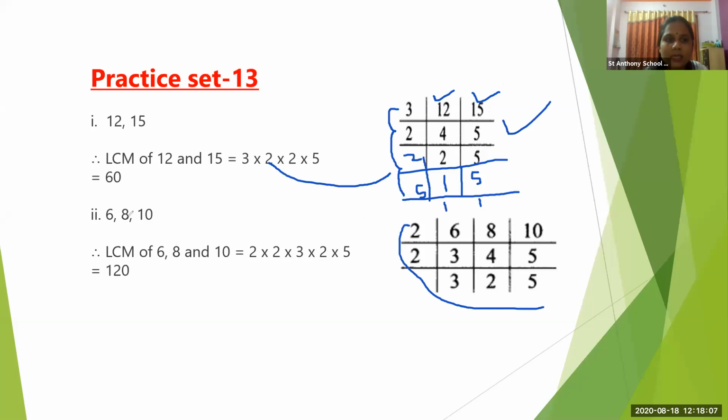Okay, so here 6, 8 and 10. Okay, let me share you whiteboard with you, okay, so that you will clearly understand the concept. Okay, wait a minute. Everyone, the screen is visible to you, everyone? Put tick on your participants. Okay, the screen is visible. Okay, good everyone. Okay, now the question is 6, 8 and 10, right?